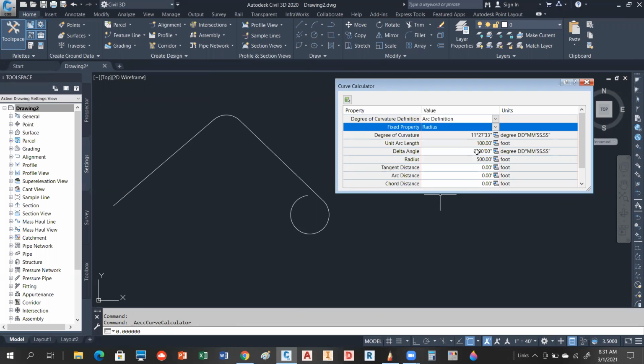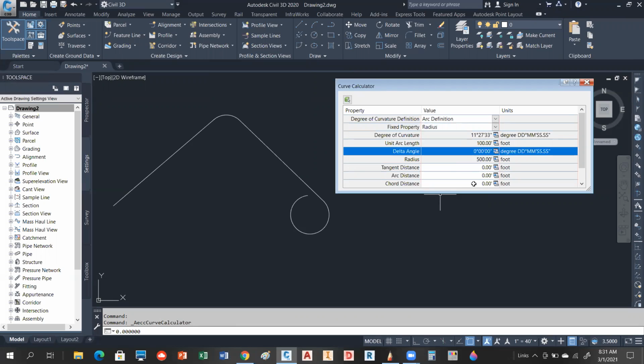There I go. I had to take it and set the radius to the fixed property. So once I do that, let's say I put in 50 degrees in here. When I type in 50 degrees and hit enter, it should count... no, it didn't take it. Okay, once I type in the values, 50 degrees of the 500-foot radius, what it's going to do is show me,